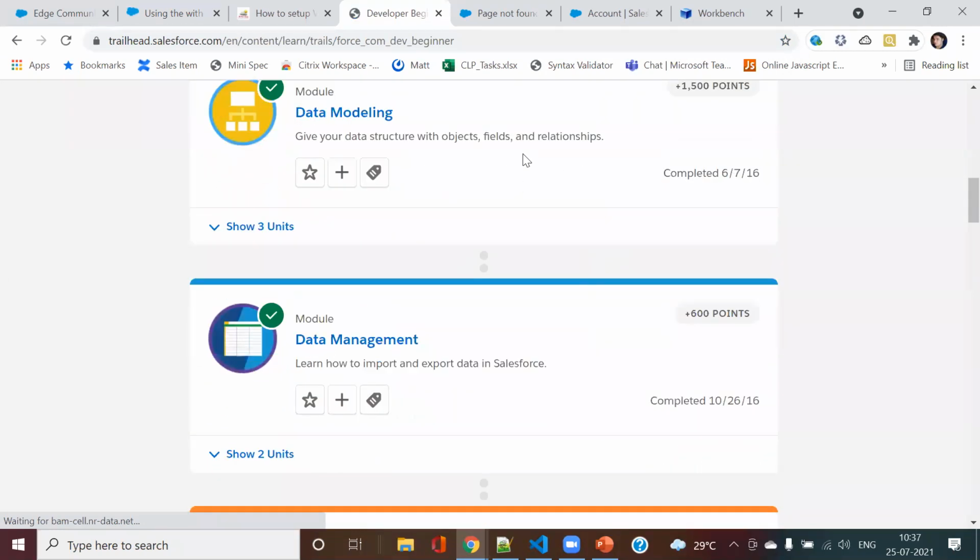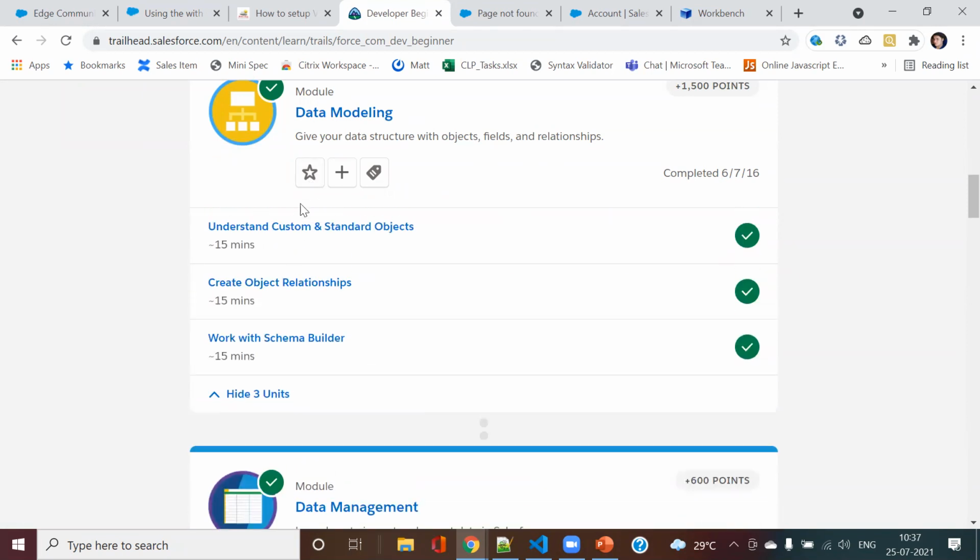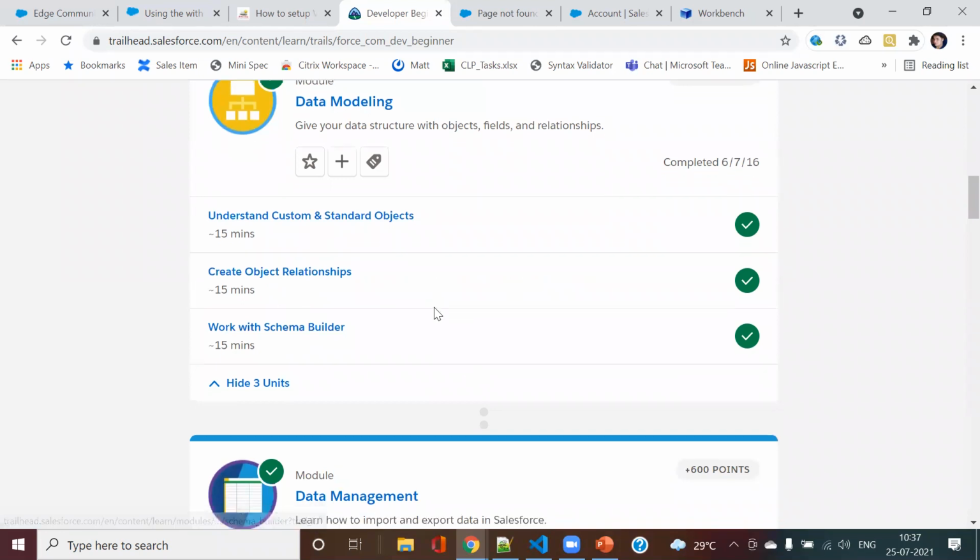This data modeling, I believe this one will cover your queries and your objects that we discussed today. Okay. Schema builder, all this.